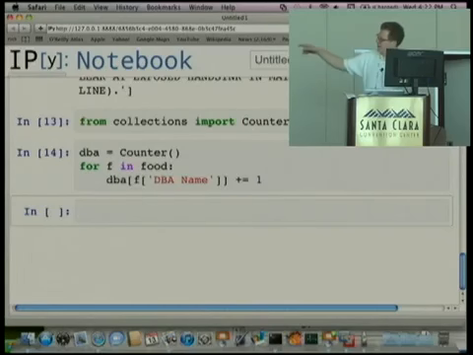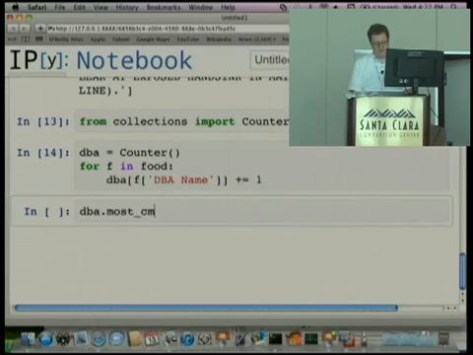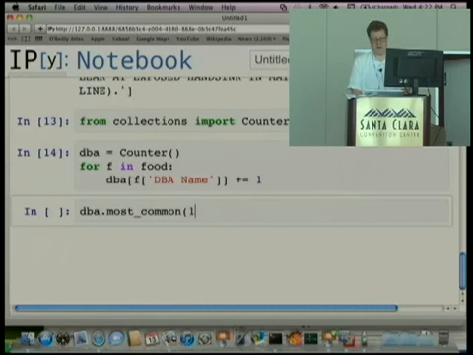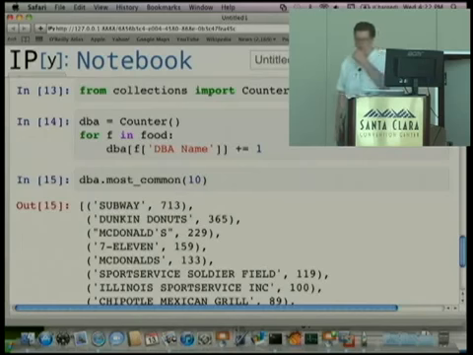You could do something like this. This is basically tabulating how often a doing business as entity in the database is appearing, and then you could do something like this. This might tell you answers that you don't want to know, or what you wish you had not asked, basically. But you could find out the 10 most common inspected restaurants